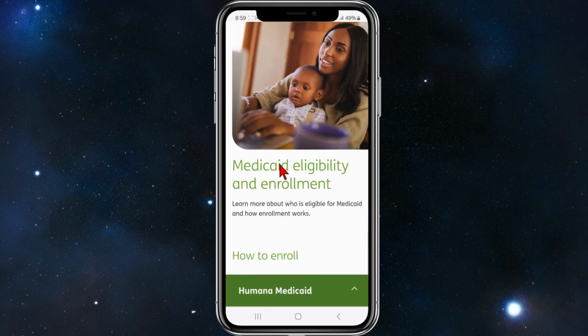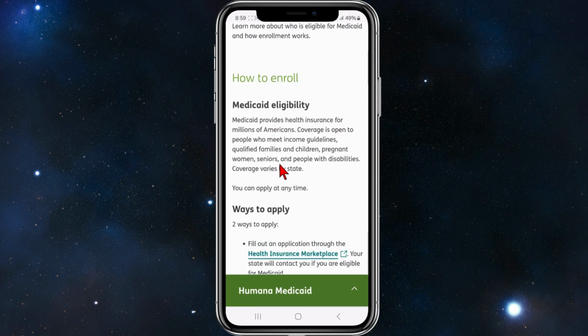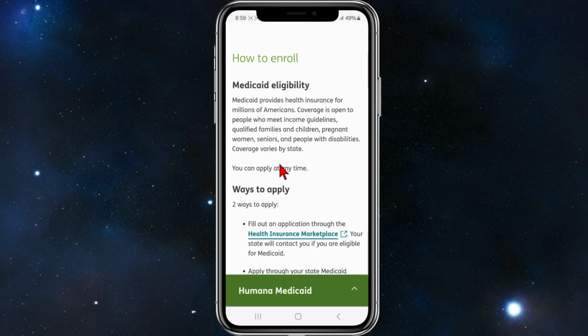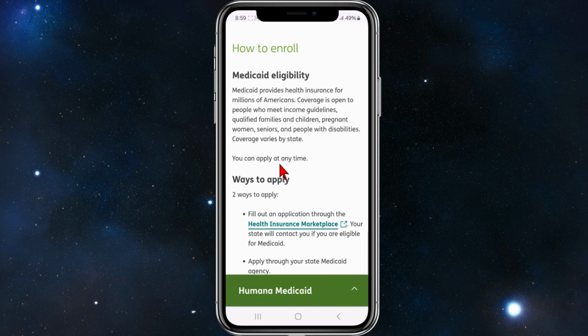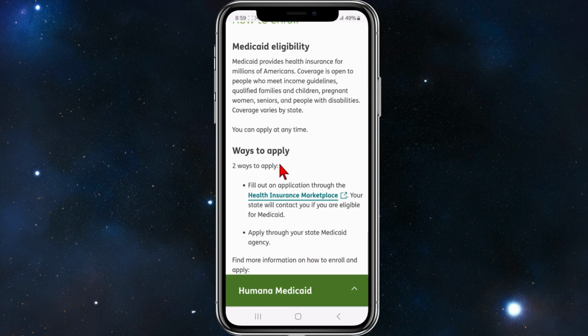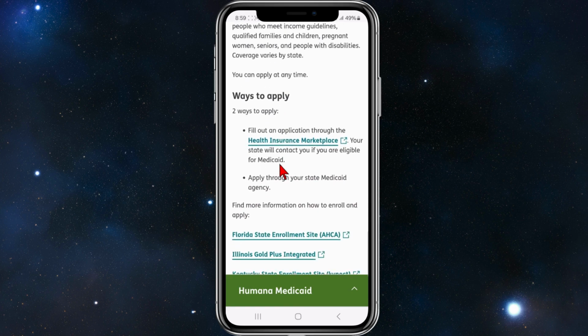Now once you're there, scroll down to where it says how to enroll. So, Medicaid eligibility. Medicaid provides health insurance for millions of Americans. Coverage is open to people who meet income guidelines, qualified families and children, pregnant women, seniors and people with disabilities. Coverage varies by state. So you can apply at any time, as it states here, and there are a couple of